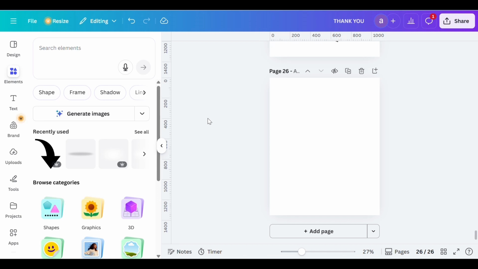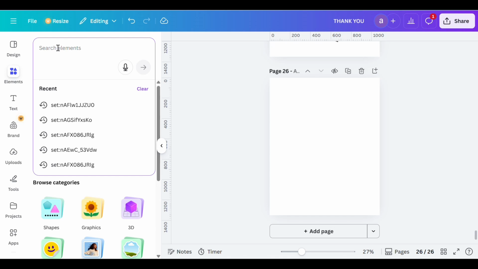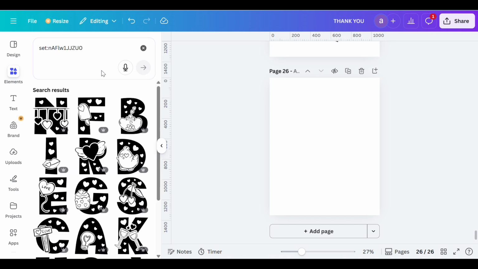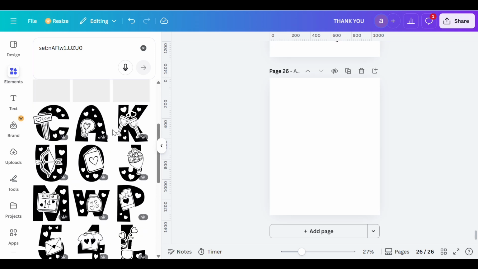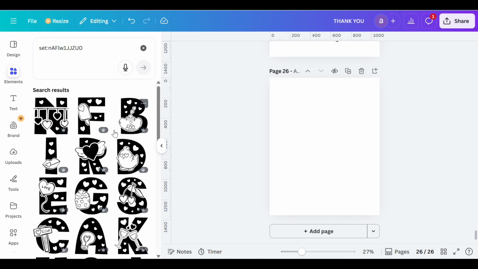Okay, let's get started. First, just open your Canva and then next just open any of your designs. Go to elements and then just type this code, like this. And you will instantly find this Valentine's styles alphabet element that has a black color like this with the cute